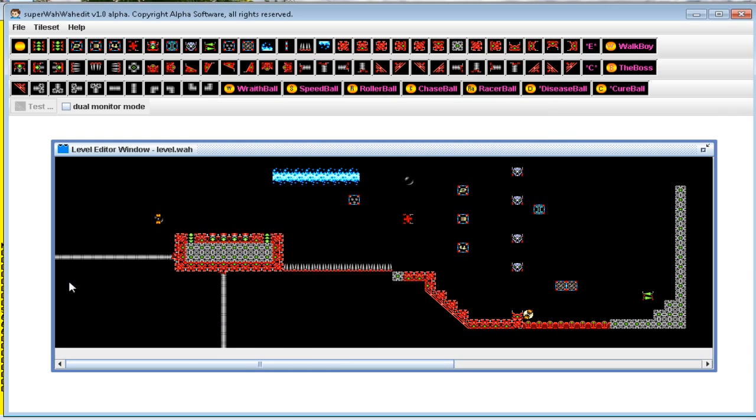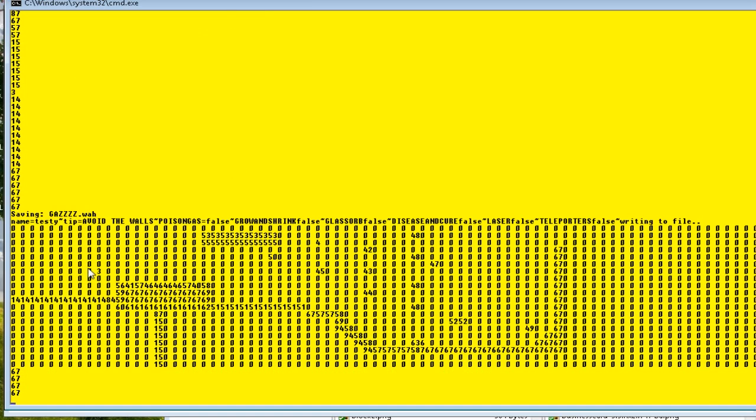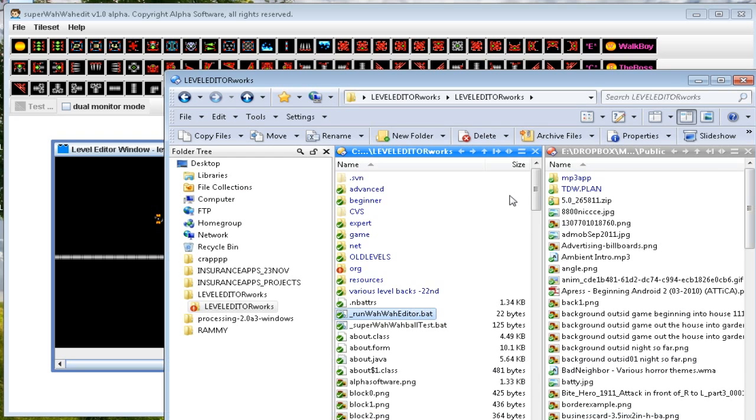Anyway, you save, click OK, and it comes to the directory, and I just call that gas. And as you can see from this in the background, it's written out the level. This is what the level looks like in the code, and I have numbers to represent the walls. So zeros are empty space, and these show the walls I've just drawn. So that produces a file called